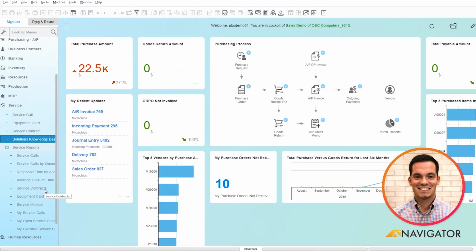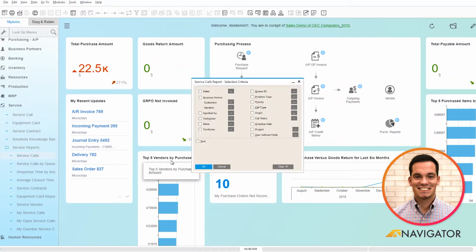The first is service calls. If I click on service calls here, you can see a selection criteria populates. Here you have the ability as a user to define what you want to see based off of the service calls report. I can check by specific dates, who it was handled by, what technician was a part of it. So there are many features for flexibility within this selection criteria, but as soon as I click OK,